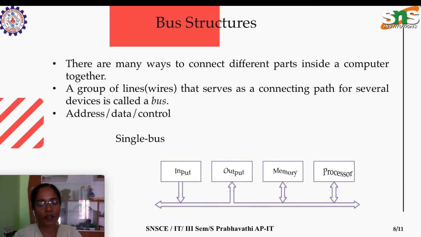To carry the address, in the memory address register we will have the address of the memory that needs to be sent to the memory. How is that happening? By means of the address bus. There is a separate bus for carrying the data, the address and the control signals. Control signals have to be passed. For reading memory content, the read signal has to be enabled. That signal is indicated to the memory from the control unit via the control bus. So bus is used to connect the different functional units of the computer system to carry out data transfer smoothly.